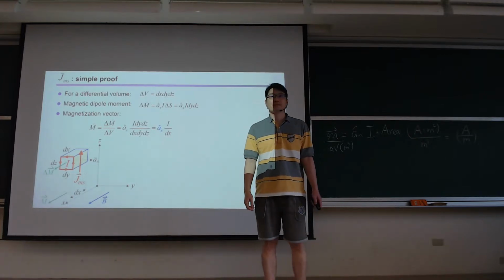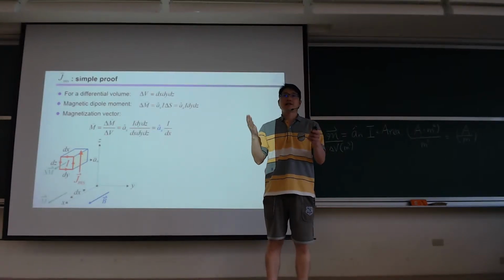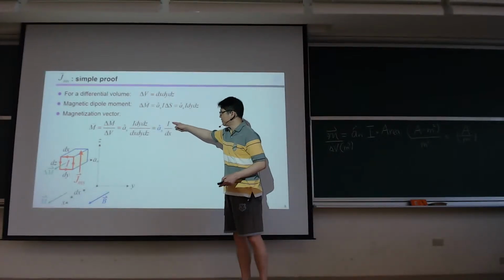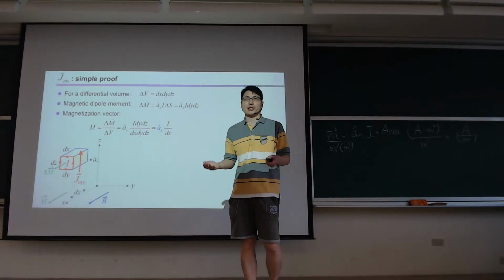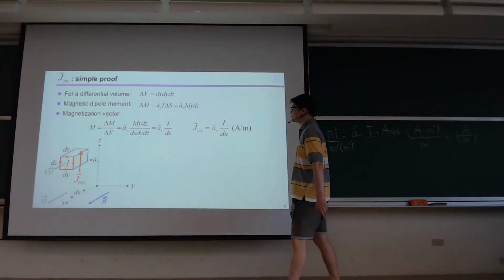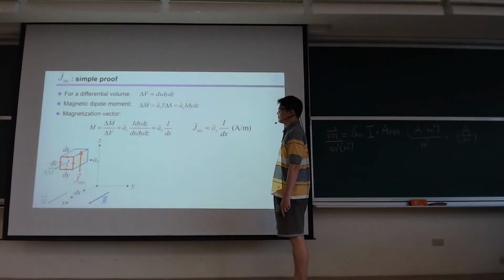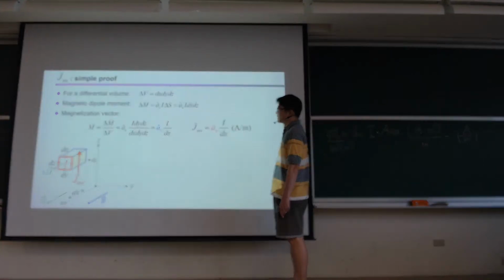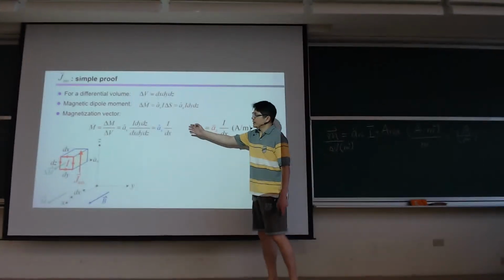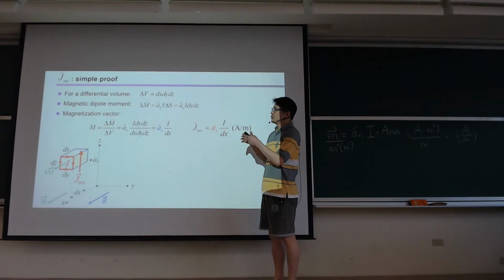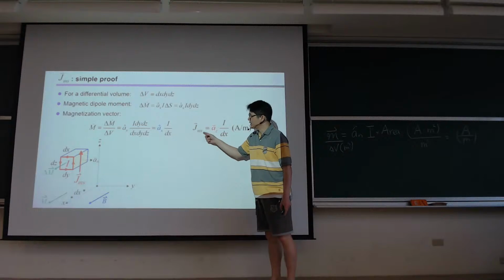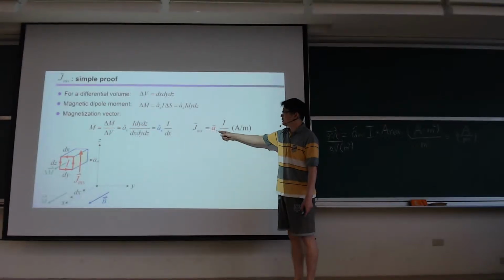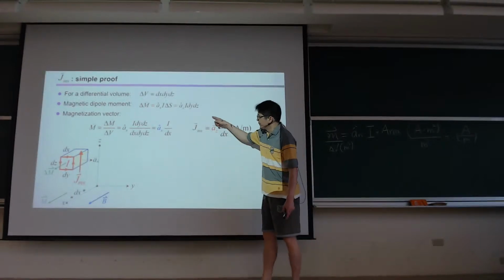As I mentioned, it has a unit of ampere per meter. This is like a line current density. So basically, from the analysis up to now, we can conclude we do have a surface current density. But looking at the figure,